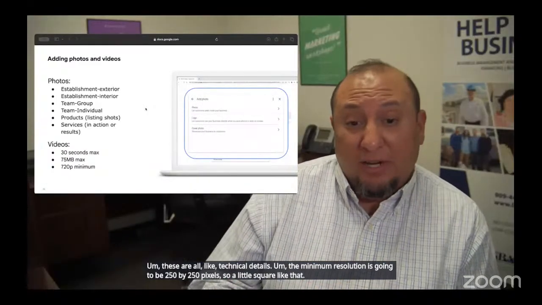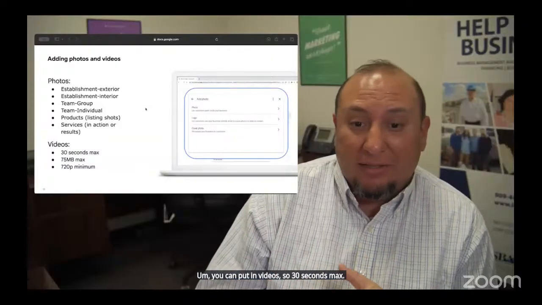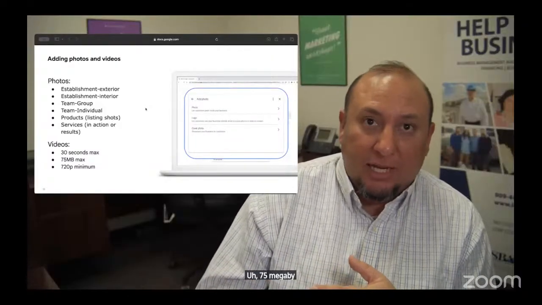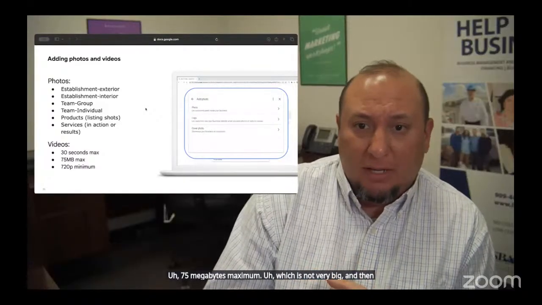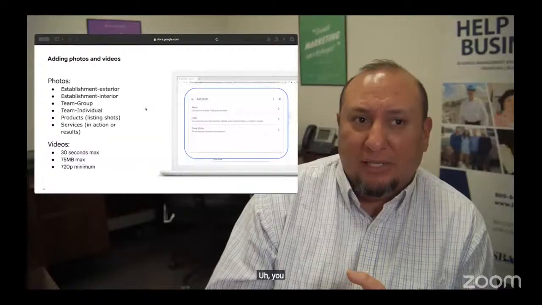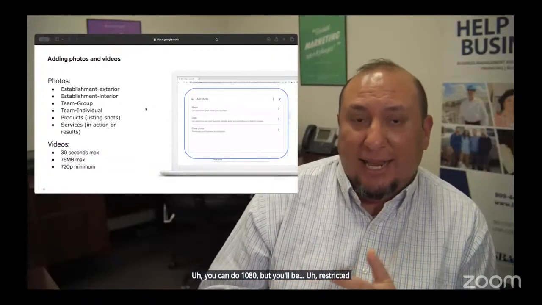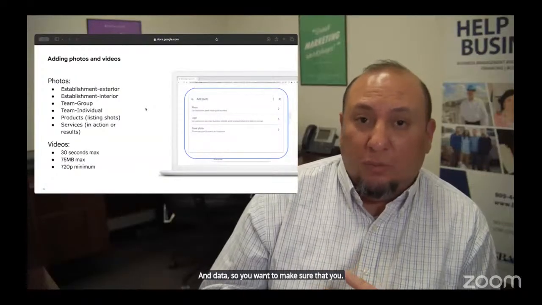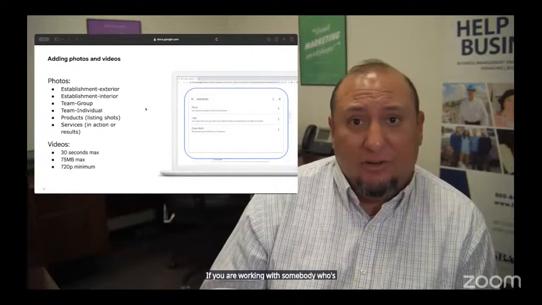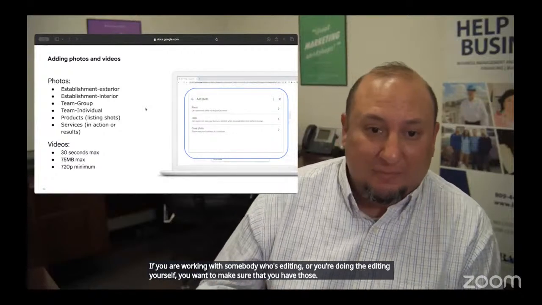You can put in videos, so 30 seconds max, 75 megabytes maximum, which is not very big, and then 720 minimum. You can do 1080, but you'll be restricted by size and data, so if you are working with somebody who's editing or you're doing the editing yourself, you want to make sure that you have those constraints in mind.